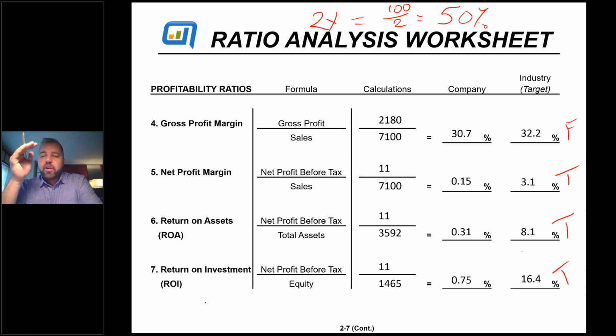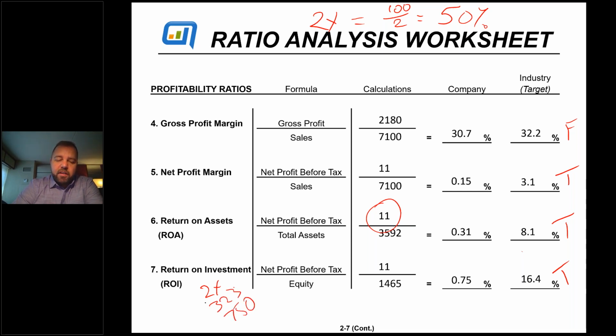Here's why somebody would take a 2x. This company makes $11,000 a year. If I offer them 2 times EBITDA, and our EBITDA is 323, that means I'm going to offer them, we'll say, $750,000. So, hey, I'll give you $750,000 today, whereas it would take you, I don't know, 50 years, whatever 750 divided by 11 is, to make it on $11,000 a year. So some people look at it that way and go, oh, that's a good deal. It's still a good deal for this guy buying it at 50%, right?